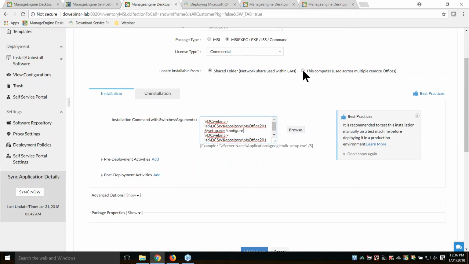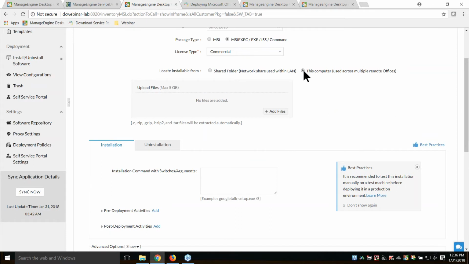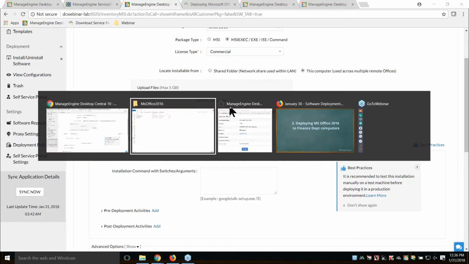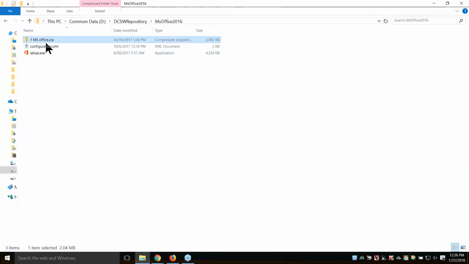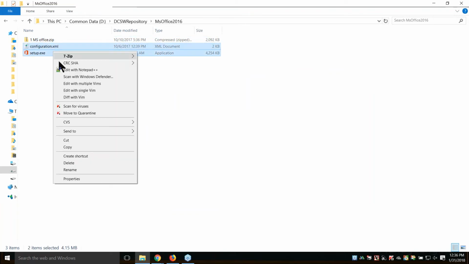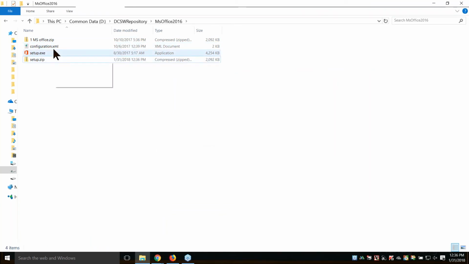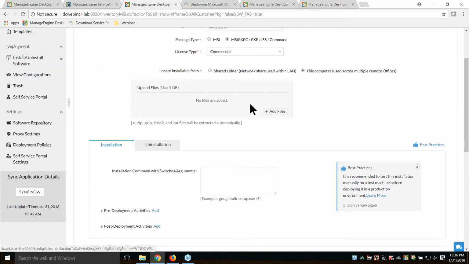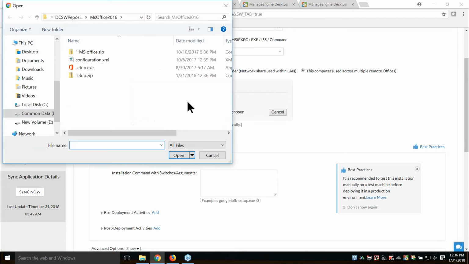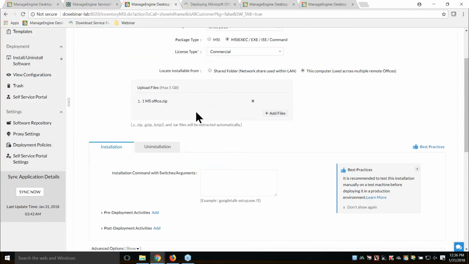In case I'm going to use an HTTP type of repository, I can add the executable and the configuration file over here, or I can even zip the entire content. Now you will have to be careful here. You can select the entire content and add it to a zip folder. You should not be zipping the entire folder. You should be selecting the content and adding it to zip. Once you do it, you can add the zip file in this computer option. Now the agent has the ability to unzip this file and then proceed with the software